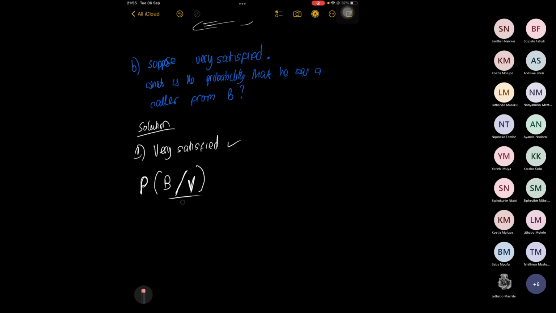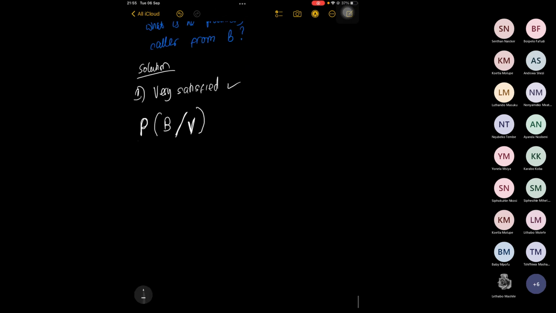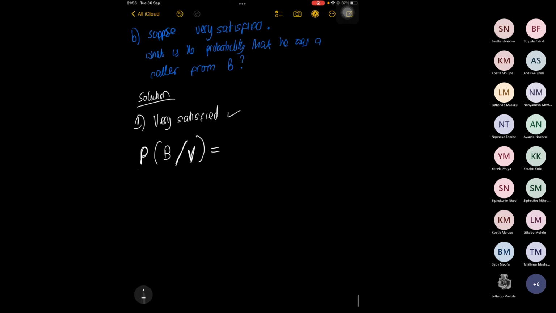So how now do you go about this? It's going to be a bit long though, but it's fine. According to the laws of conditional probability, we said the probability of B given V is the same as the probability of B intersection V